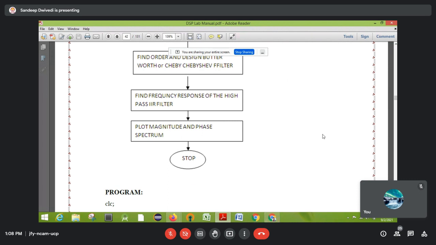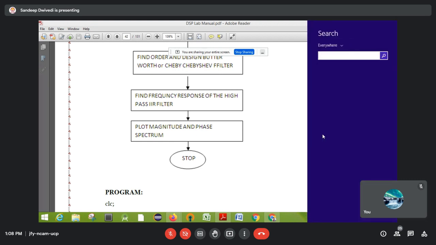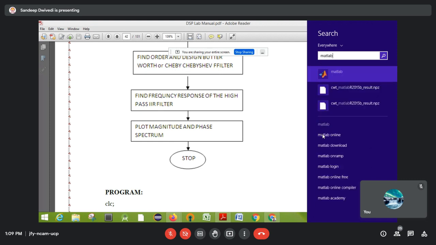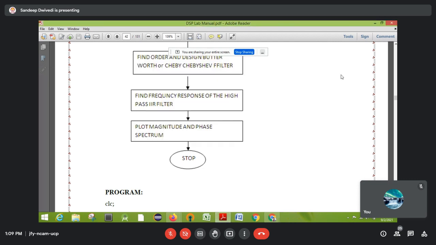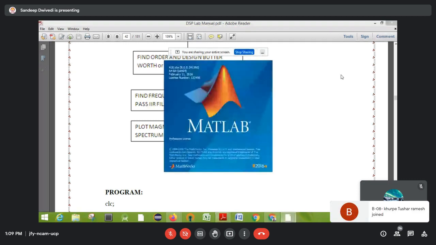Now we will start MATLAB and try to run it. It will take some time, but the same experiment is there. I will share the code in your chat box also, so that you can use it. It will take some time for MATLAB to open.